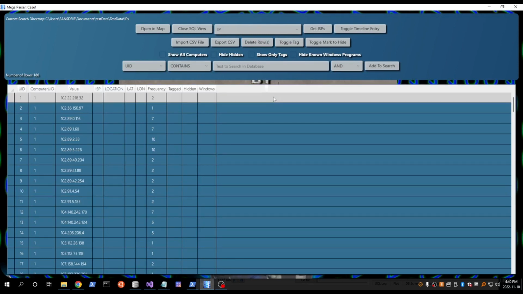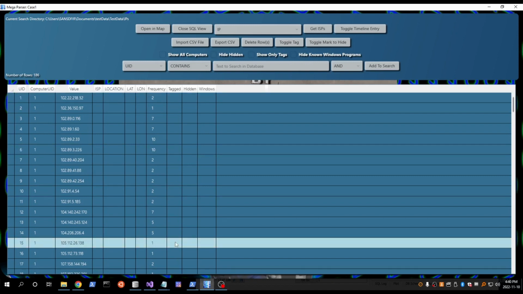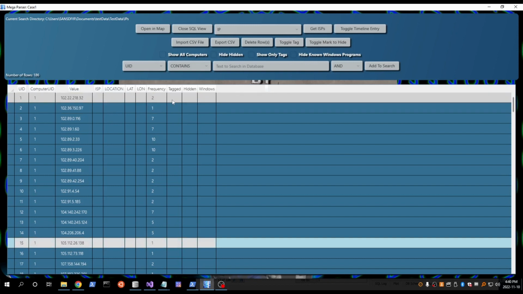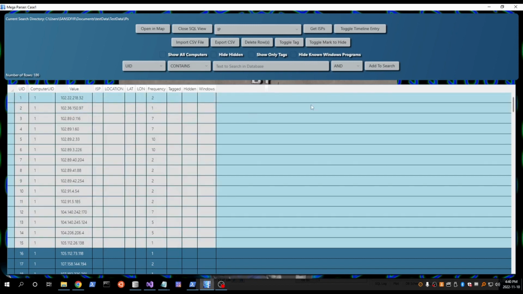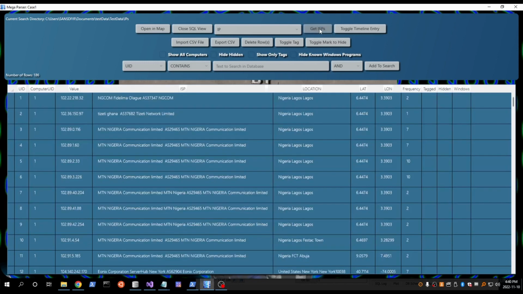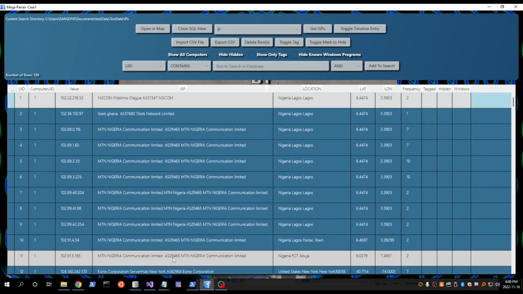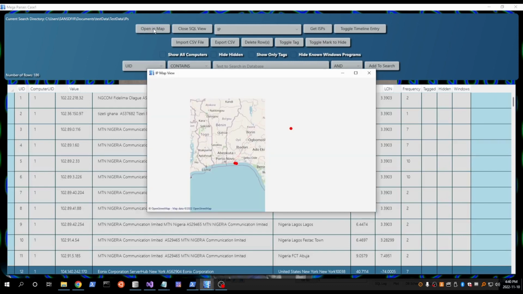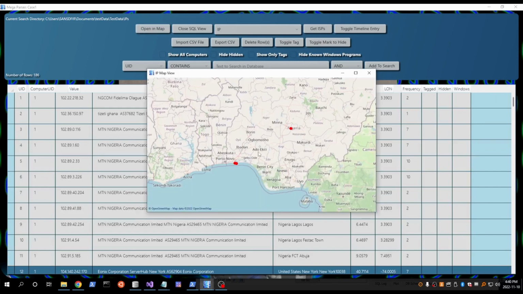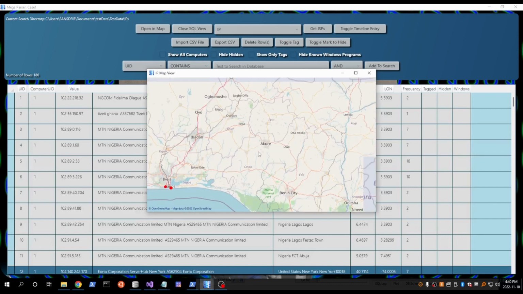I'm going to select a bunch of them at the top here. This is just limited right now by the API that I'm using to 40 at a time. So I'm going to hit Get ISP button. It's going to locate those. I'm going to select those, and then I'm going to click the Open in Map button. And it shows on the map. And you can zoom in or zoom out using the mouse